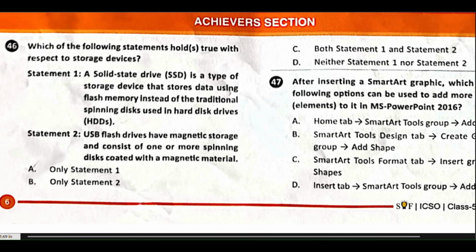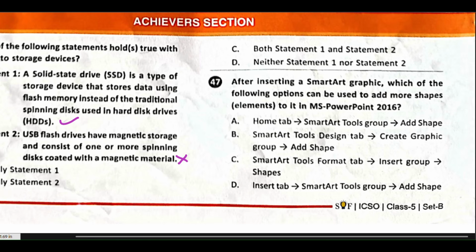This is correct. Statement 2. USB flash drives have magnetic storage and consist of one or more spinning disks coated with a magnetic material. USB flash drives are very small and they do not have platters. So this is wrong. So option A, only statement 1, is the correct answer.